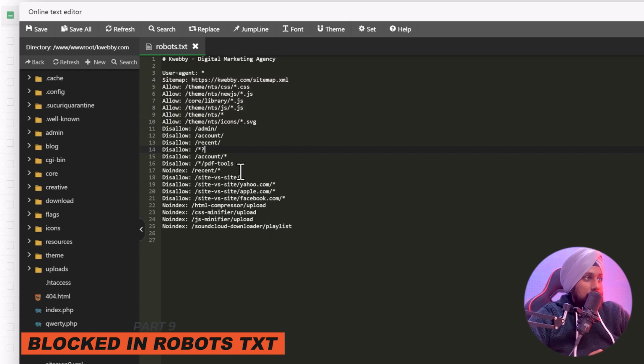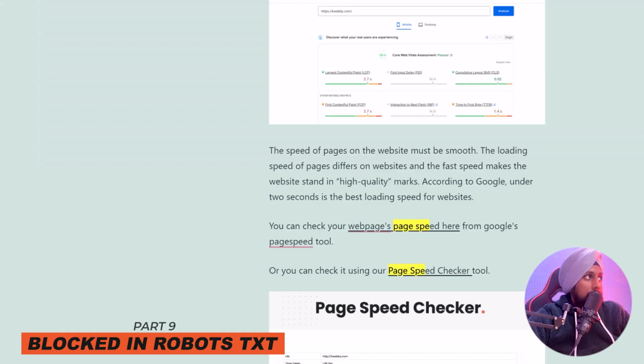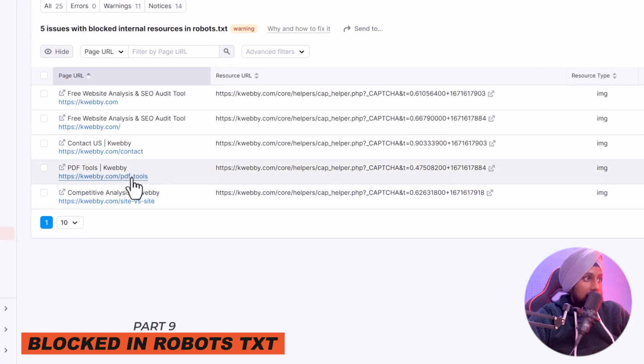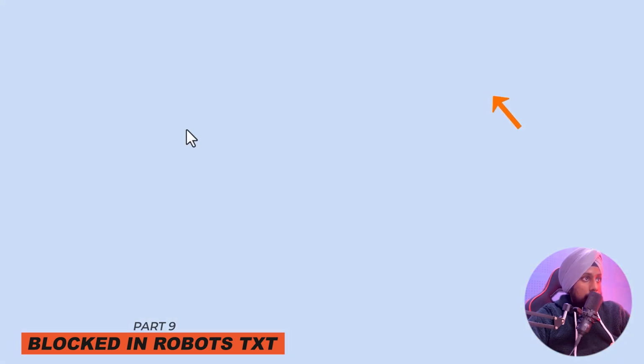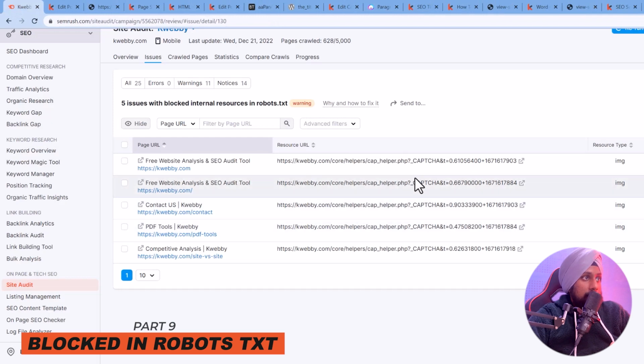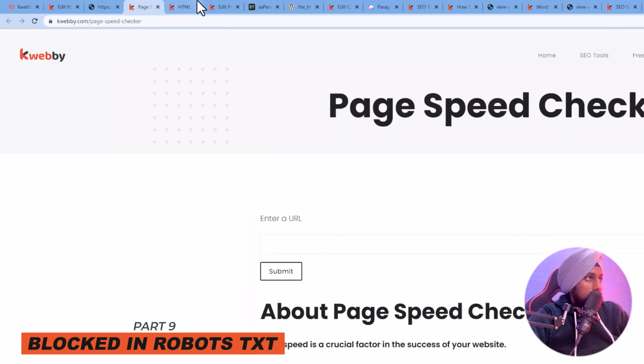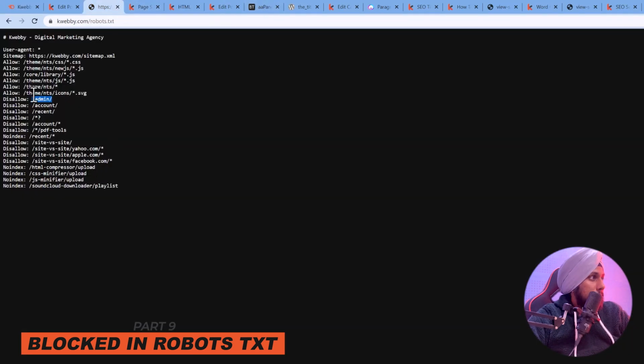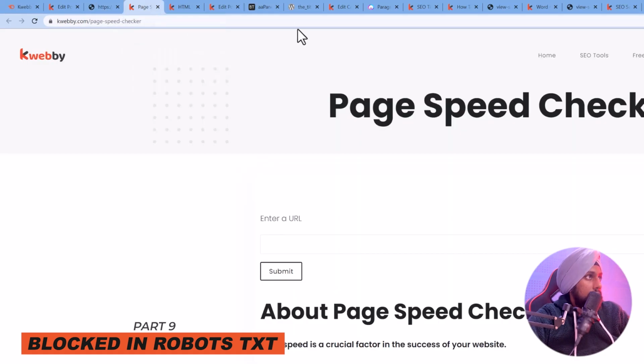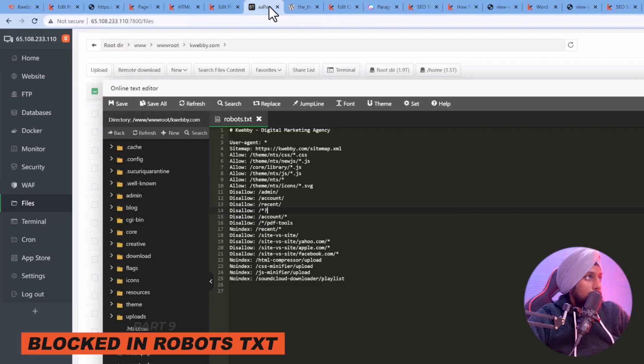Okay, so I'm not going to add anything or delete anything because this has been configured already, and if something is there that has been regarded as no follow, as you can see PDF tools, okay, this no follow something, these are the captchas. So let me go here, which is something that is not being allowed. The resource type is image. Okay, it is on here, so let's see if it's something that we can fix. So these are allowed. Not allowed is the recent, something here is not allowed. I think this is the question mark. Yeah, so I will be deleting that disallow, such that it gets deleted,